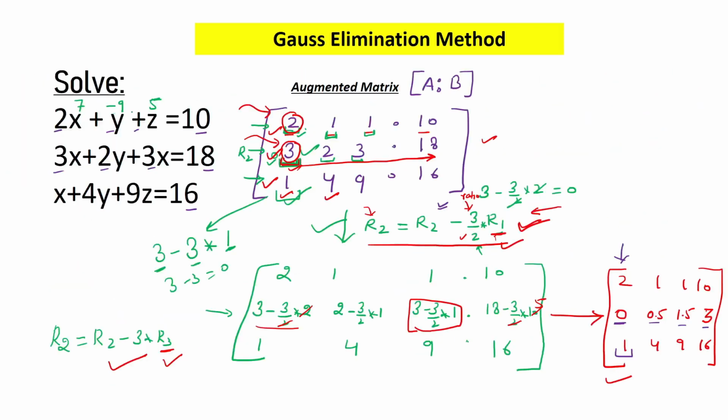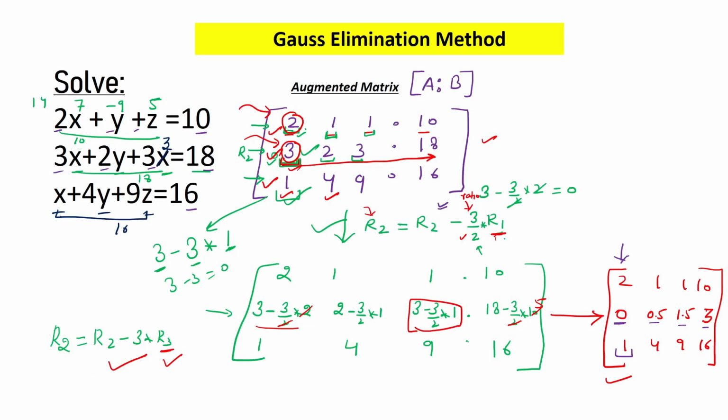So if I put 7, minus 9, 5 here, I will get 10 from here. You can see 7 twos are 14, 14 minus 9 plus 5, you will get 10 as the answer. So 10 equal to 10. The same way you will put 7, minus 9 and 5 here, you will get 18 as the answer. Actually it was z here, it was my mistake that I wrote x. And the same way if you put 7, minus 9, 5 here, you will get 16 from here. So 16 will be equal to 16.